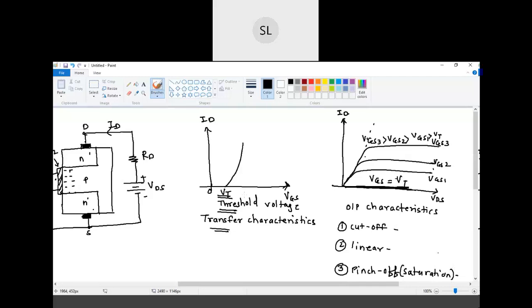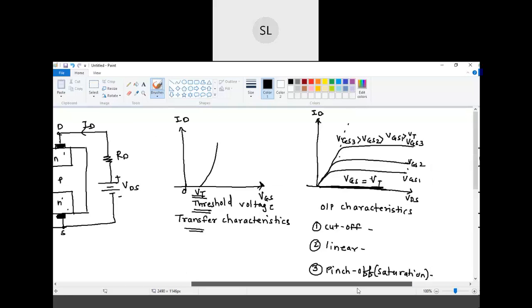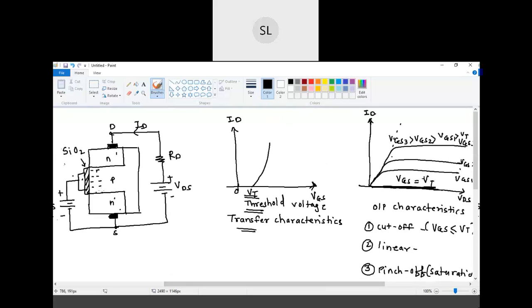We are talking about this enhancement type of MOSFET. Until and unless we apply some positive gate voltage, the channel will not be formed and hence there won't be any conduction of current. So from this basic idea, for a gate voltage less than or equal to the threshold voltage, the MOSFET will be in the off state. Why? Because there won't be any channel formed, because of insufficient gate voltage, to carry the current.